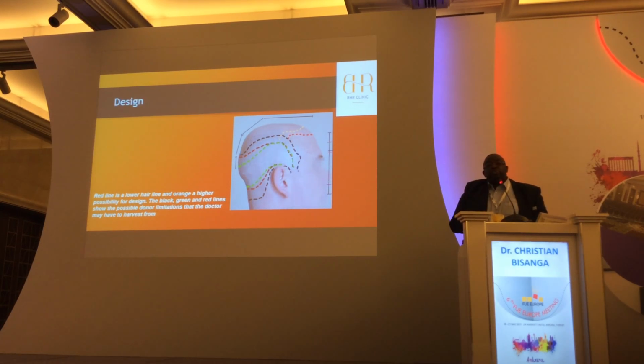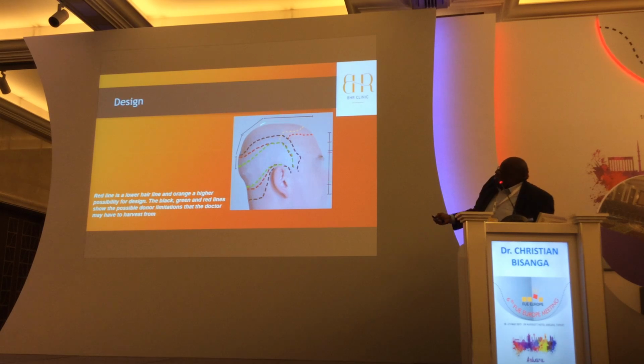So it's important to know that, so you don't just go and score numbers, 4,000 or 5,000 follicles, because if you do that, that means you harvest completely outside of the safe zone. Yes, you may give the patient his life back for 1 year, or 2 years, or 10 years, but then it becomes a nightmare for the rest of his life.